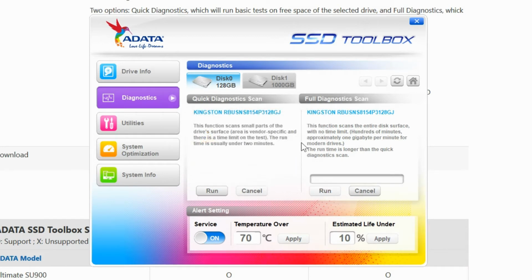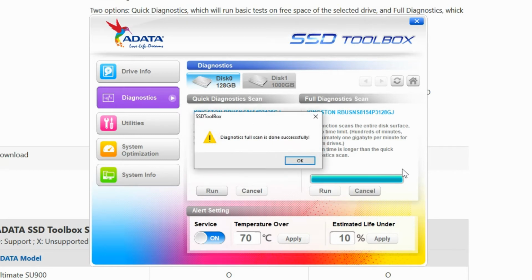The full diagnostic, I hit run, there's the box. It's going to fill up real quick as well, just because I know how fast this drive can go. And even though the bar is full, it doesn't pop up the message right away. So you got to be patient a little bit and wait until you see this pop-up message saying that the scan is done successfully and there's no errors.